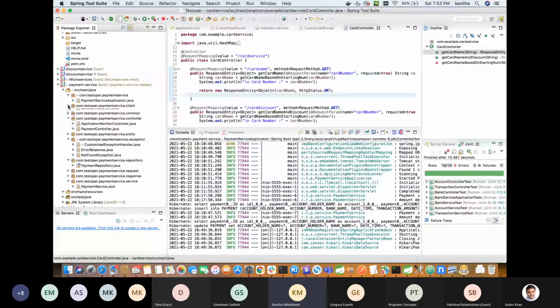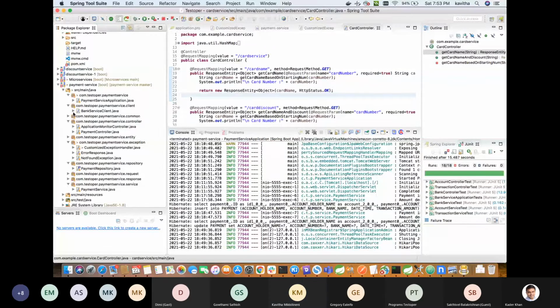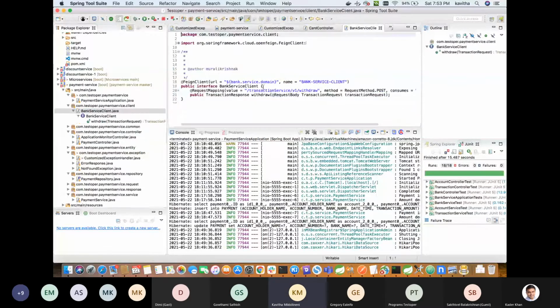So here is the Feign client. We write a client class, and we expose an interface only, and tell it which URL you are going to invoke. In REST template, we would have given the URL and done a .exchange on that.